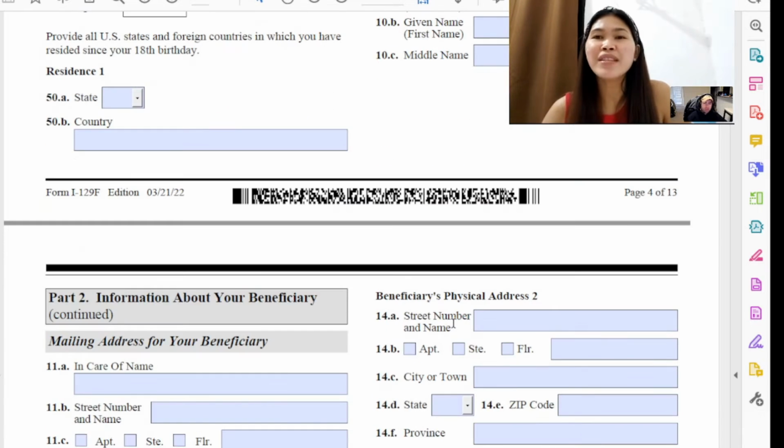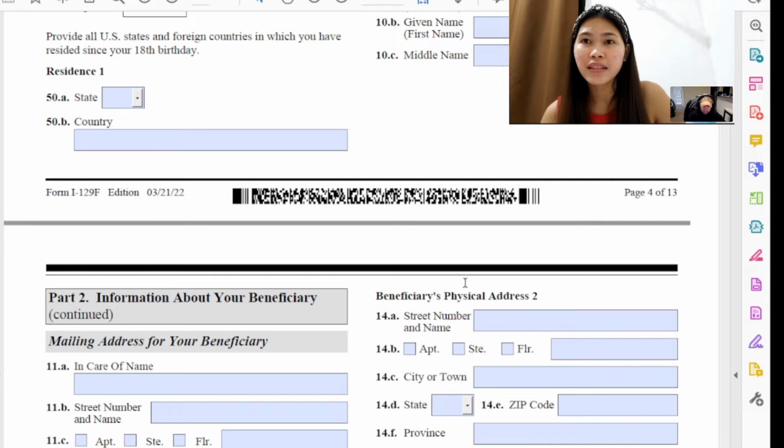Still going down here. So next, other names used. I just want to mention here, because especially me, I work in different countries. So for the last 5 years, you have to put the last addresses that you've worked at. For example, my mailing address first. So where is my mailing address? That would be my physical address right now. So my current address. So what I put here is my current address here in the Philippines, and then the next physical address,